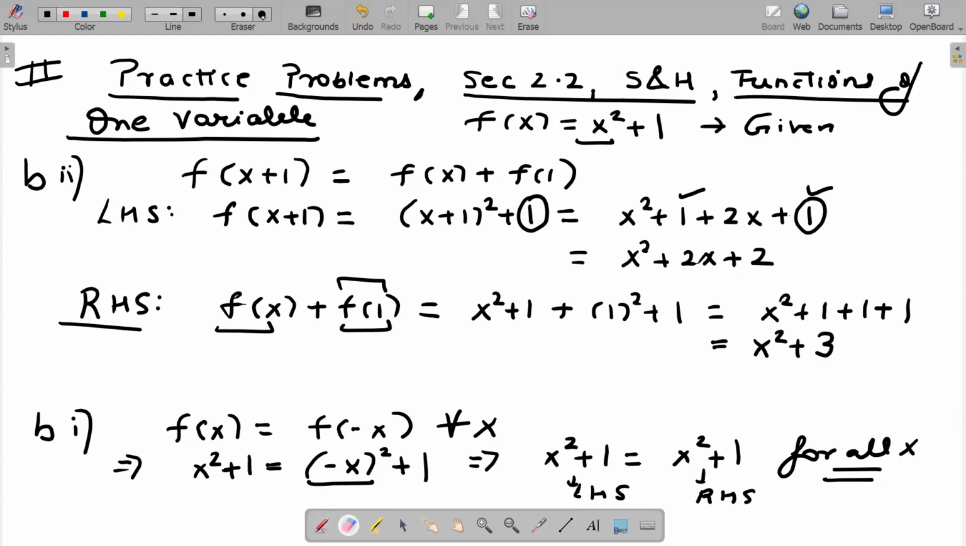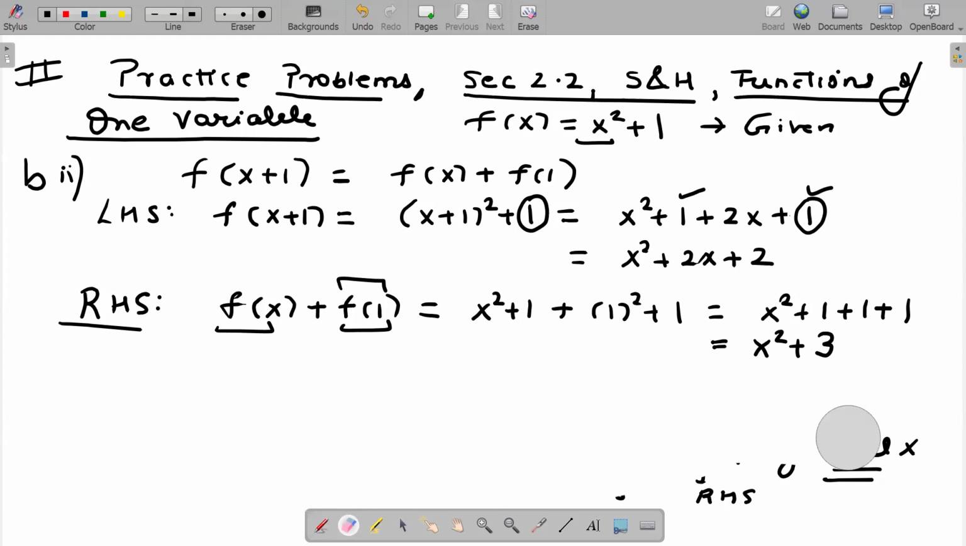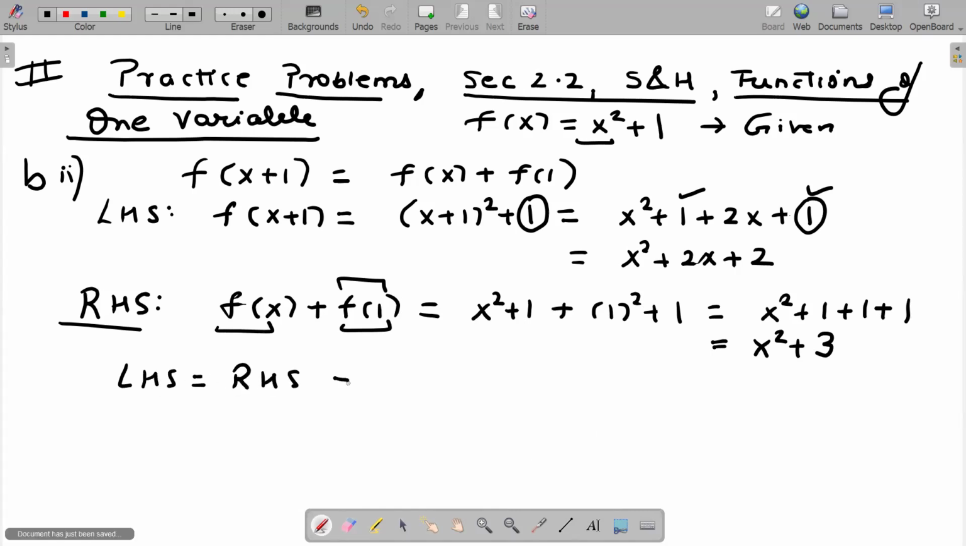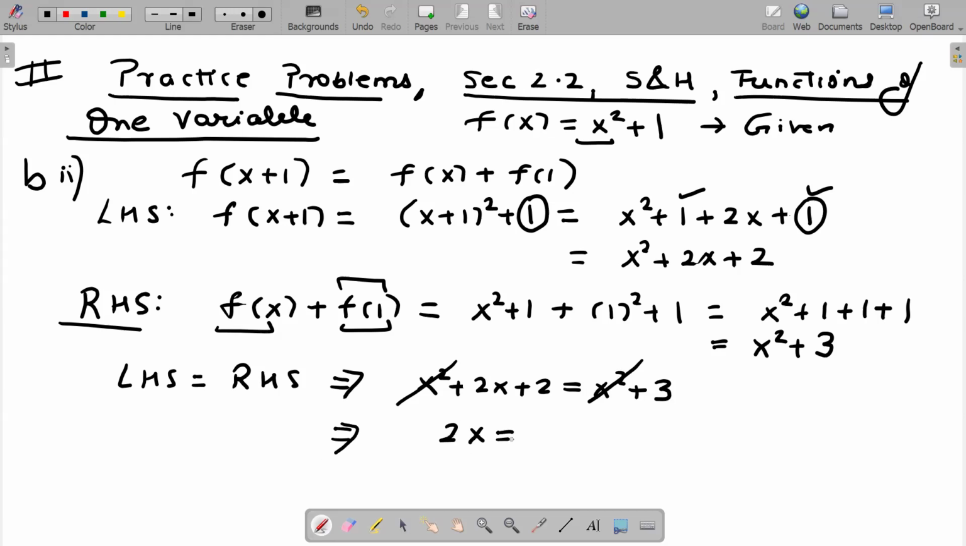We want left hand side to be equal to right hand side. So if I erase this part, left hand side equal to right hand side implies x square plus 2x plus 2 is equal to x square plus 3. X square cancels on both sides. 2x is equal to 3 minus 2, which implies 2x is equal to 1, which implies x is equal to